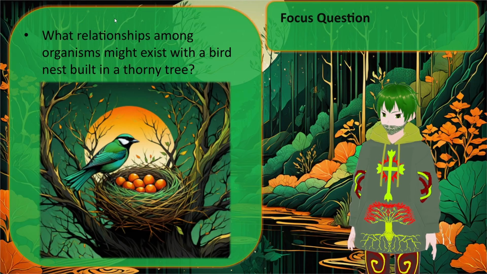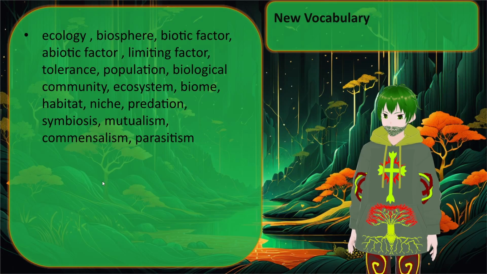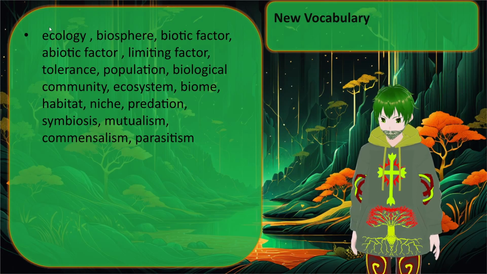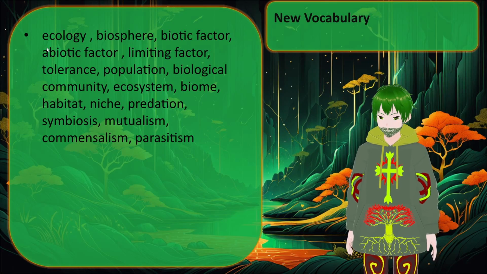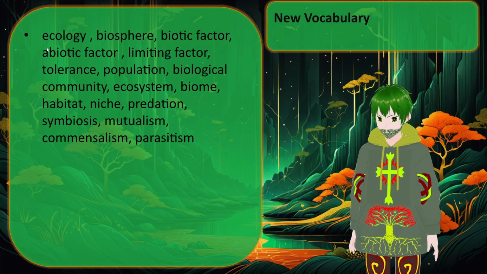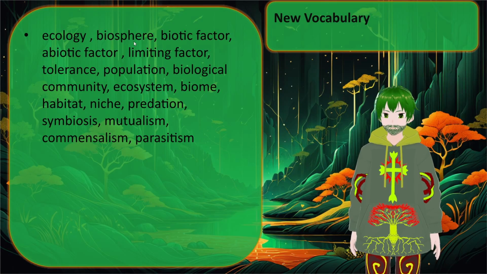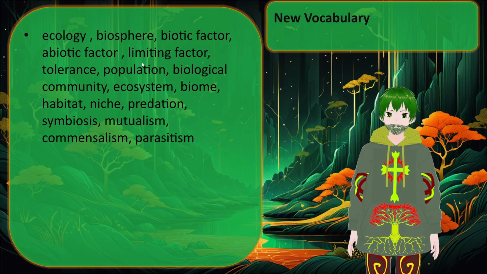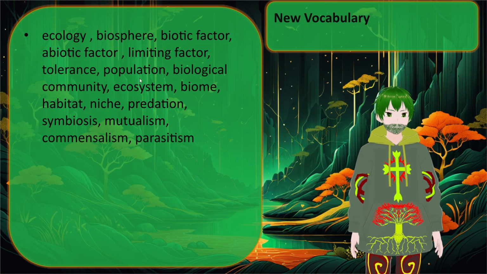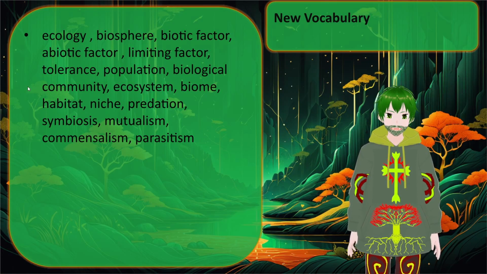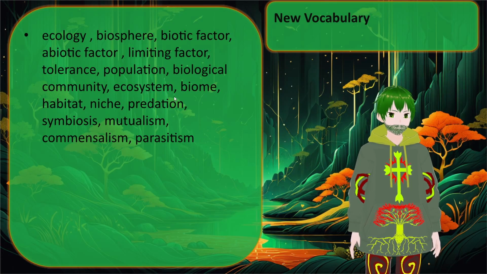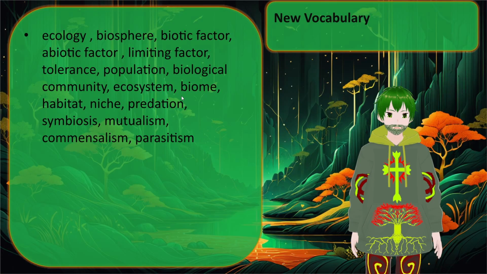So, with that in mind, let's move on to the essential vocabulary. There's quite a few this time, so I'll read through them real quick just so you can hear them pronounced on their own. And then we'll move into the review vocabulary. So, ecology, biosphere, biotic factor, abiotic factor, limiting factor, tolerance, population, biological community, ecosystem, biome,